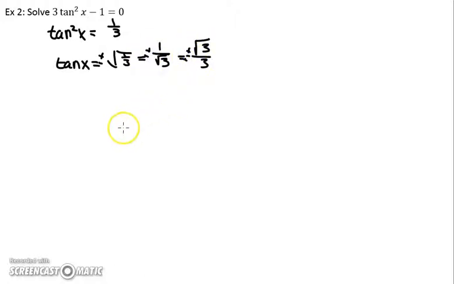Now here's the problem with tangents. It's not just the x value, it's not just the y value. We have to think about dividing the y value by the x value. If there's radical 3's you need to pick either pi over 6 or pi over 3 and try it. So pi over 6 has the point radical 3 over 2,